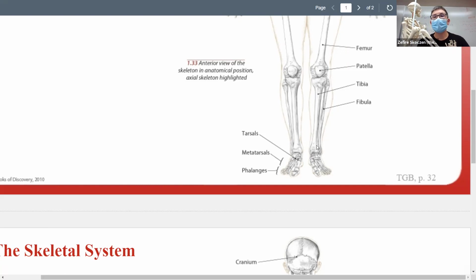The medial lower leg bone is the tibia. And that's the one we've been feeling when you've been feeling that bone right in the front. So that bone right in the front is part of the tibia. And then the one on the lateral side is your fibula. That one's a little harder to palpate the bony part because it's covered with muscle. You'll feel your peroneals there. And then